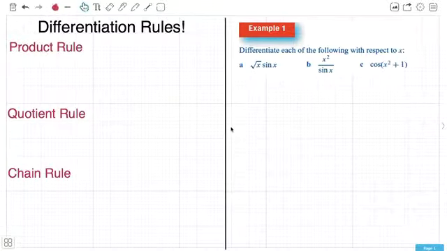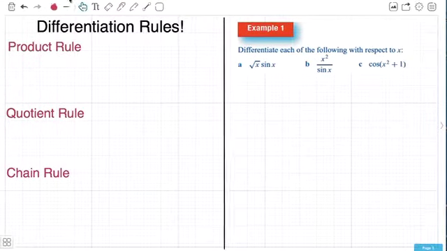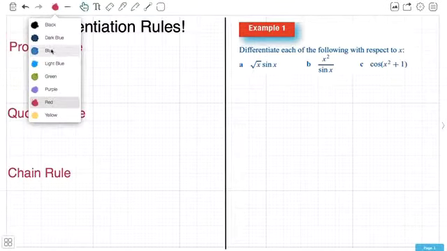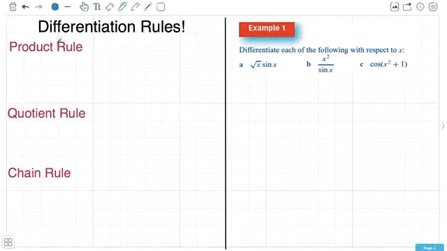So our new topic is differentiation, and the key with this is really knowing your rules and being able to apply them really quickly. So the key rules that we're going to be looking at are the product rule, the quotient rule, and the chain rule, and then also how to differentiate your basic functions like trig, powers of x, exponentials, and logs. So the first thing to know is that for product rule, this is when you have a